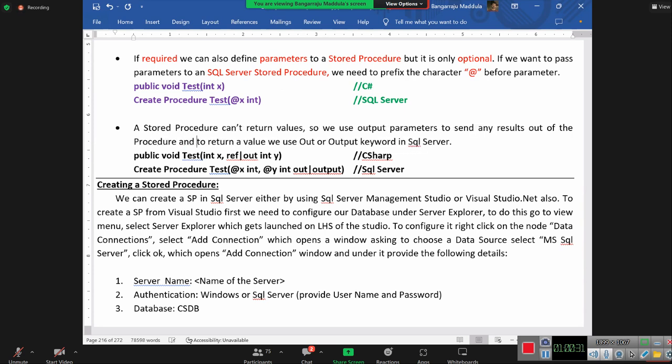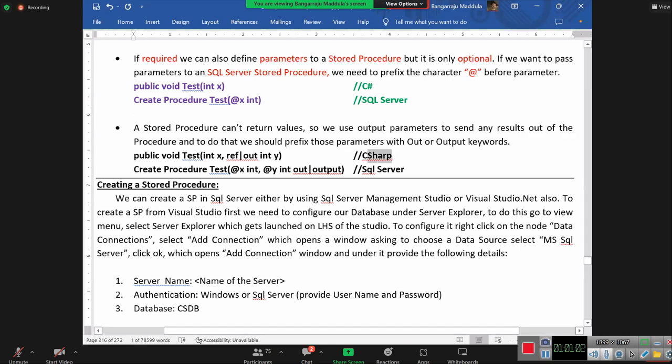And to do that, we should prefix those parameters with out or output keywords. So what I'm trying to tell is,